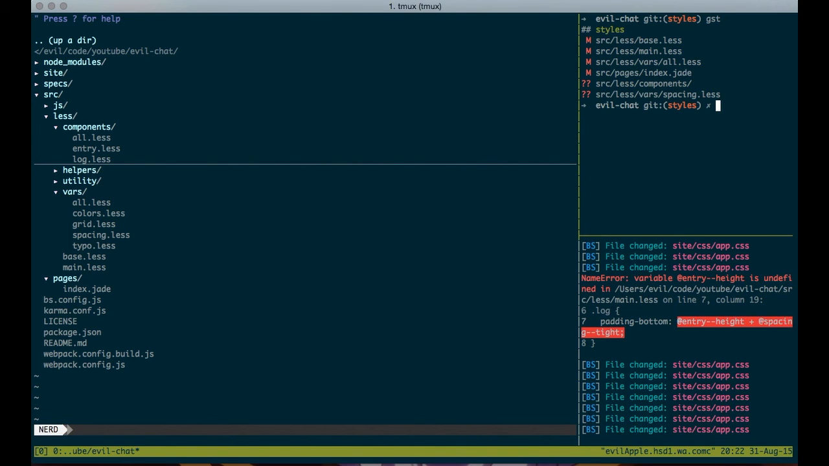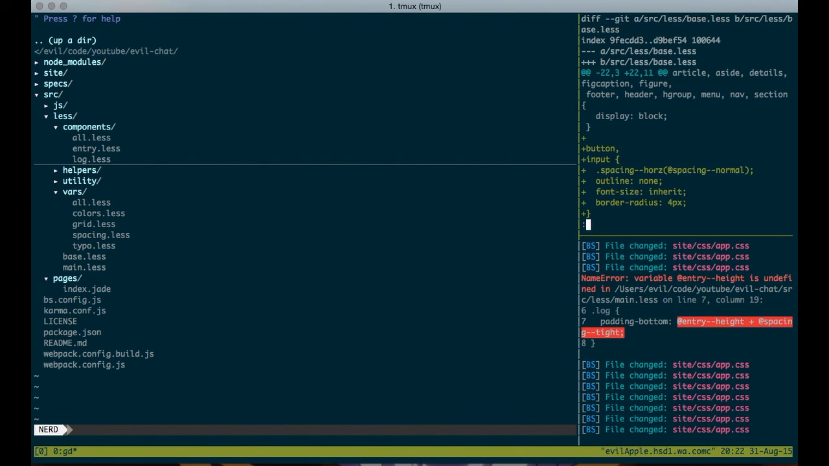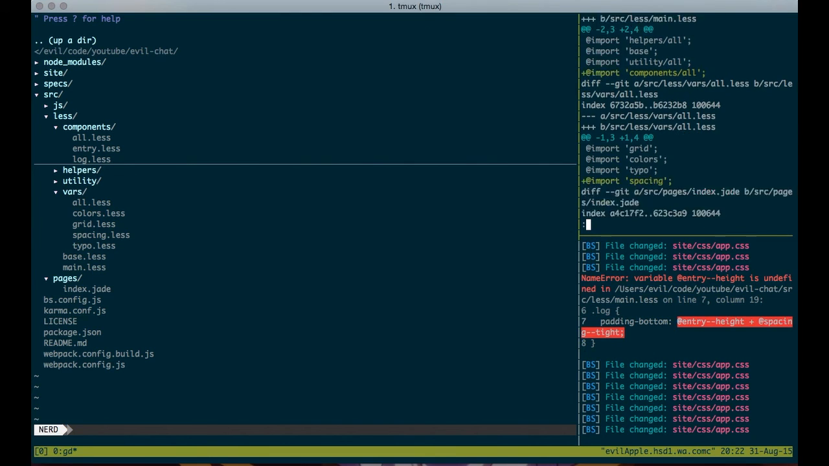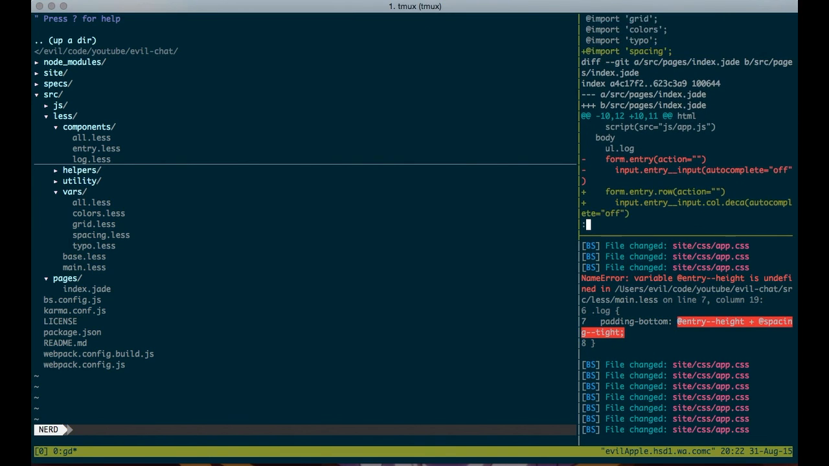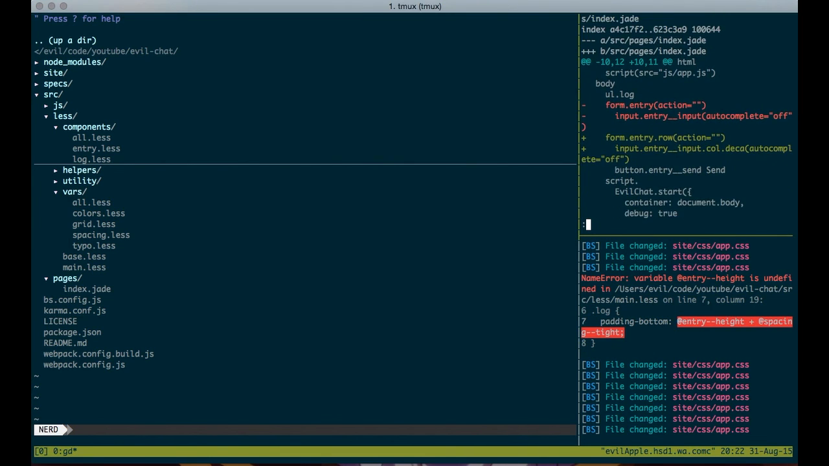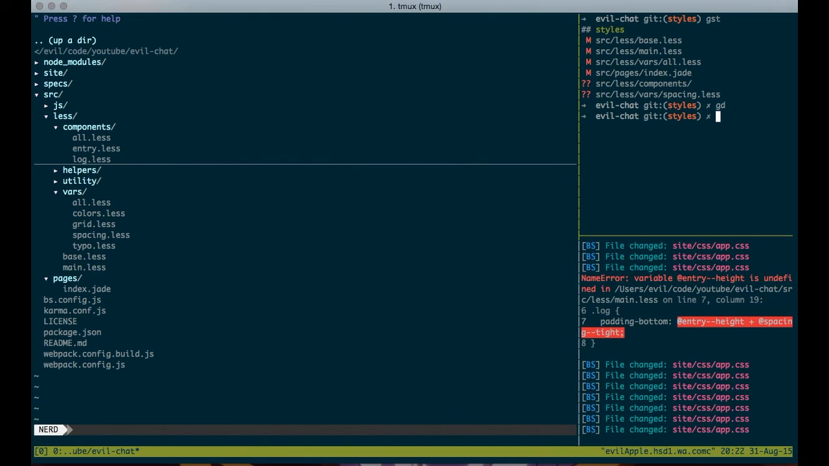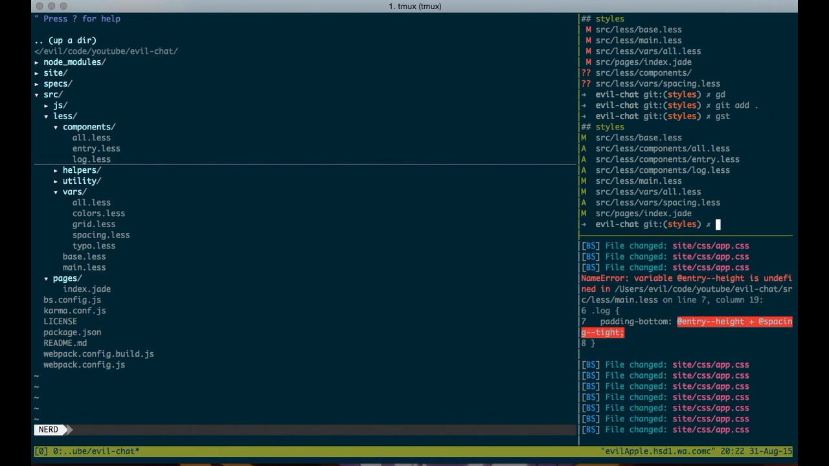So let's go ahead and see what's changed. Oh man, we have changed a lot. So other than those files that we added, that's us bringing components in. We also added spacing, and, what did we add? Oh, we added the row and the column. Yes. So, all right, let's git add everything. And we'll do another git status. We should have everything there. And we will git commit